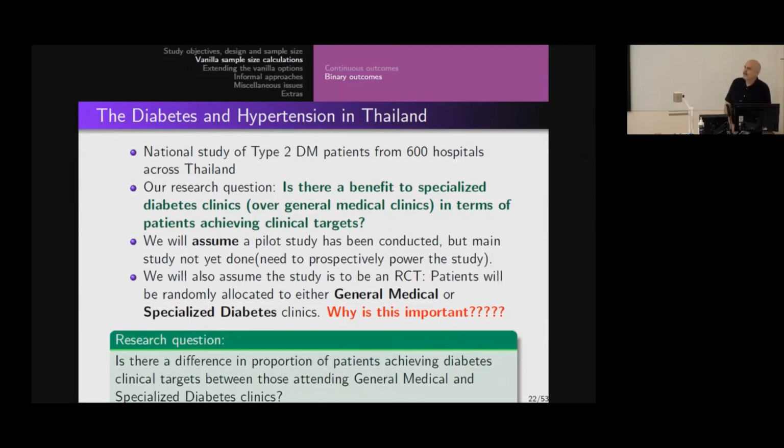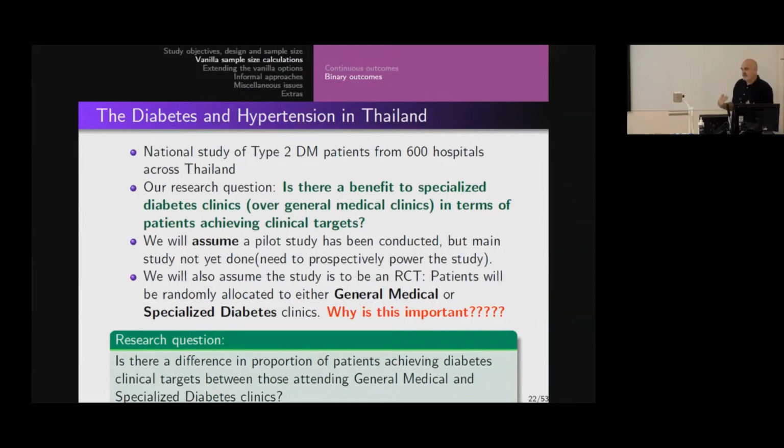Generalisation of the population. I don't mean a random sample of the population, I mean randomised to the two arms. What randomisation really means is that both groups are exactly the same except for the type of clinic. In other words, if there's any difference between those groups, it must be due to the clinic. That's why RCTs are so wonderful and people love them, because they're very strong evidence.